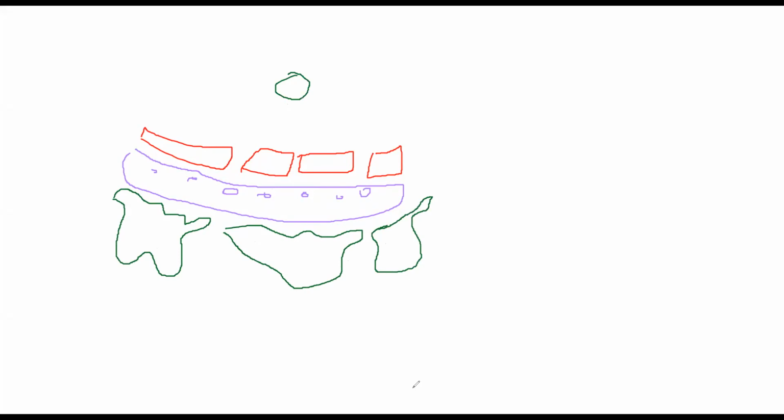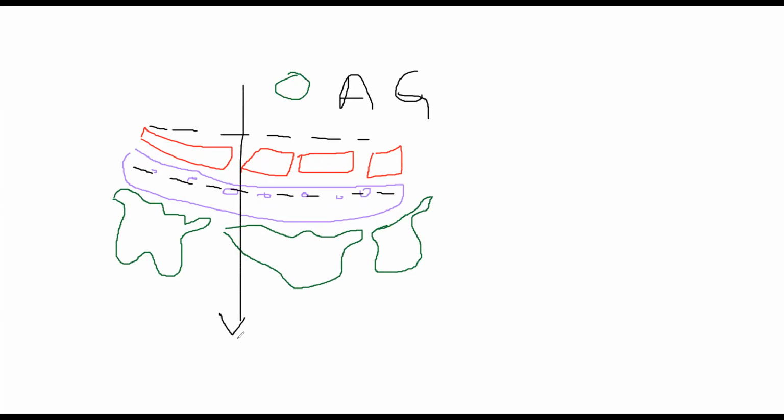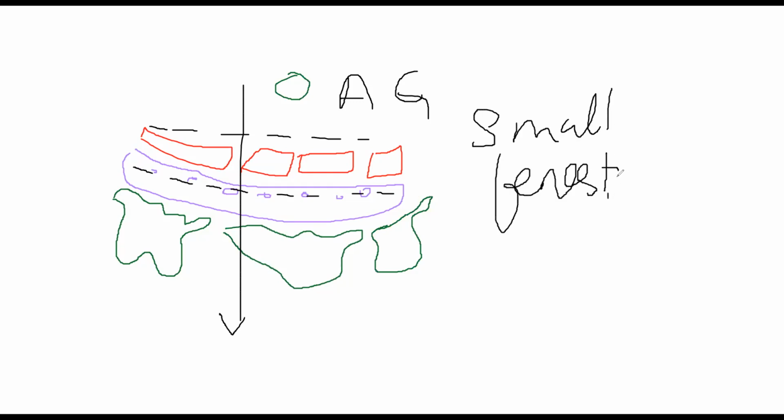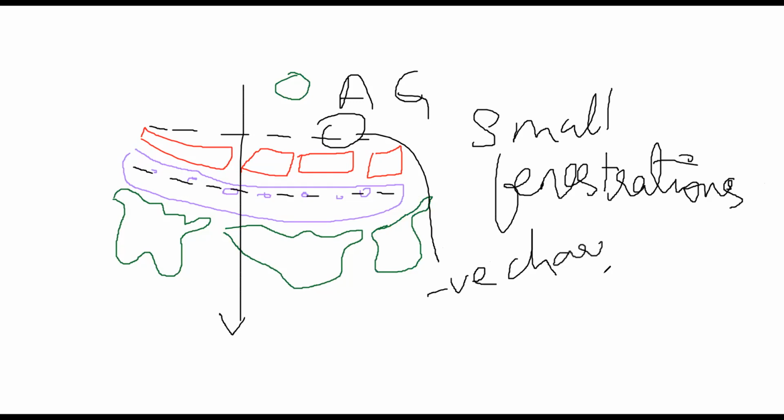Plus, they have a negative charge on their surface. GBM has it, as well as the endothelium. This makes sure that proteins, especially albumin and globulin, do not get passed through. These are the two mechanisms: having small fenestrations, fenestrations are openings, and having a negative charge. Both of these make sure that protein is not lost.